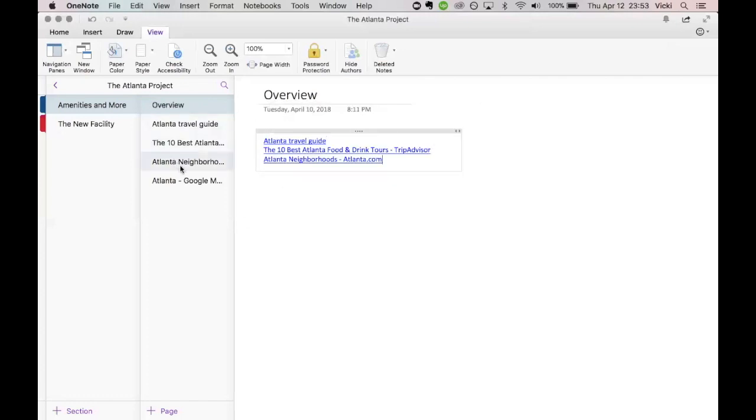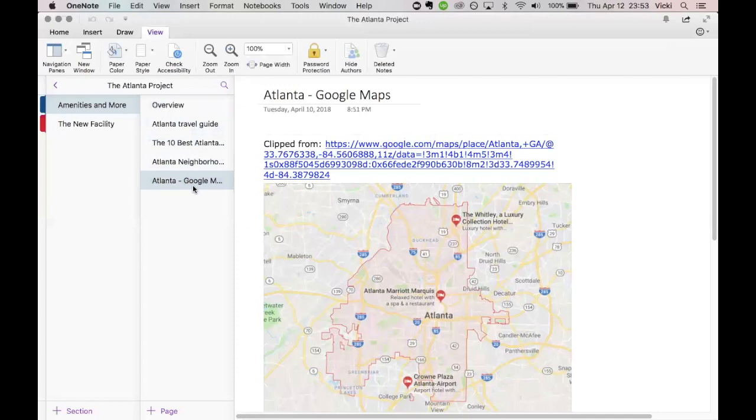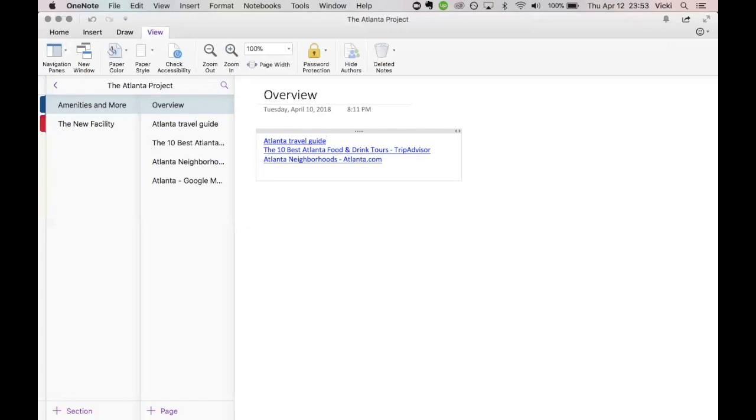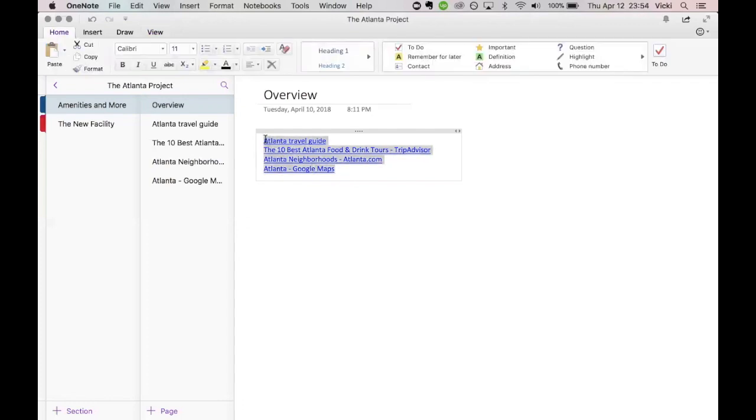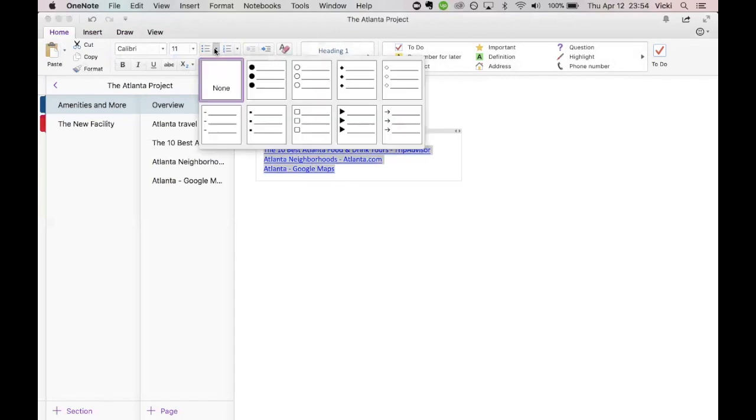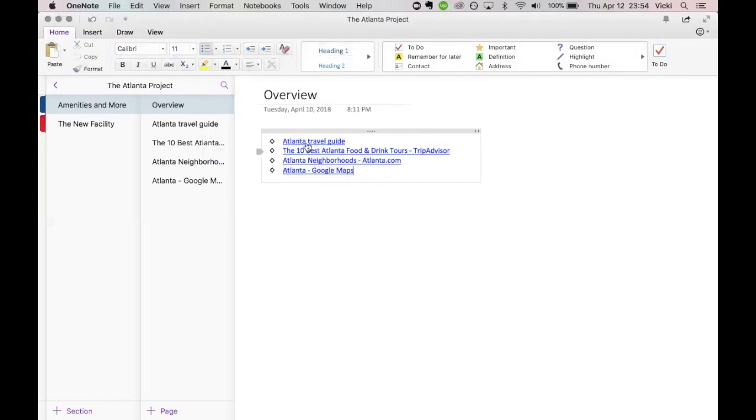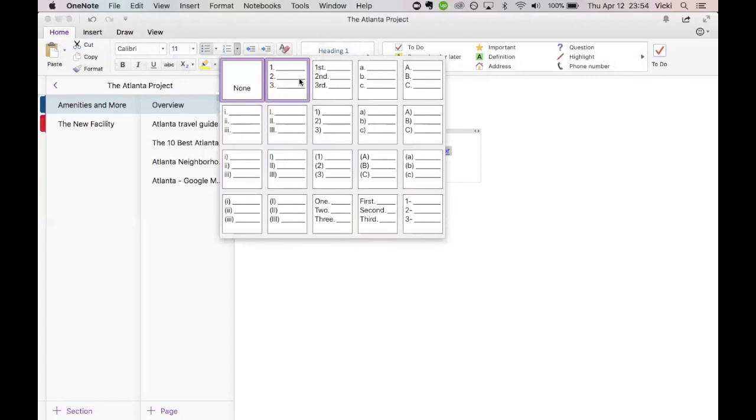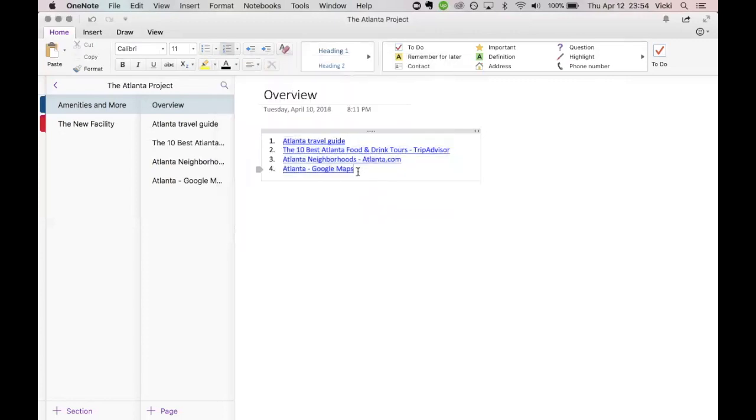You can add individual images to spice things up a bit, or really anything that you can think of. And once I have all of my links here, there are some additional formatting options. If I go back over to the Home tab, if I select all, I have the option to add some bulleted lists. So I can change it to just visual bullets. Or if I have a very long list and I want it to be numbered, I can do that as well. A lot of these formatting options should be fairly familiar to you if you are familiar with Microsoft Office,